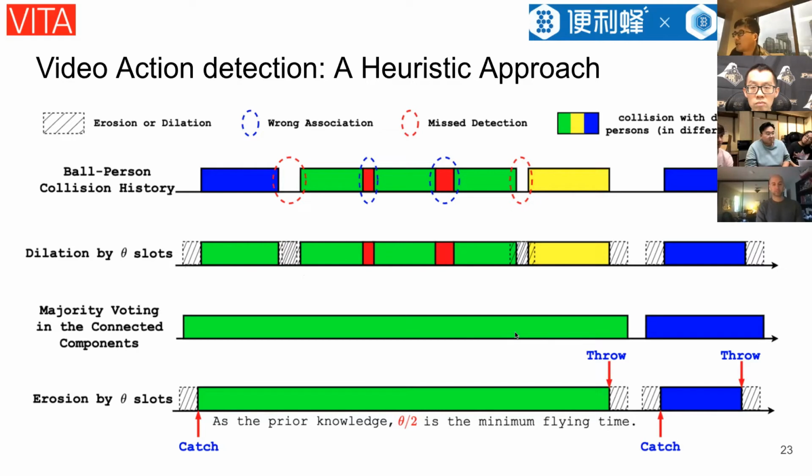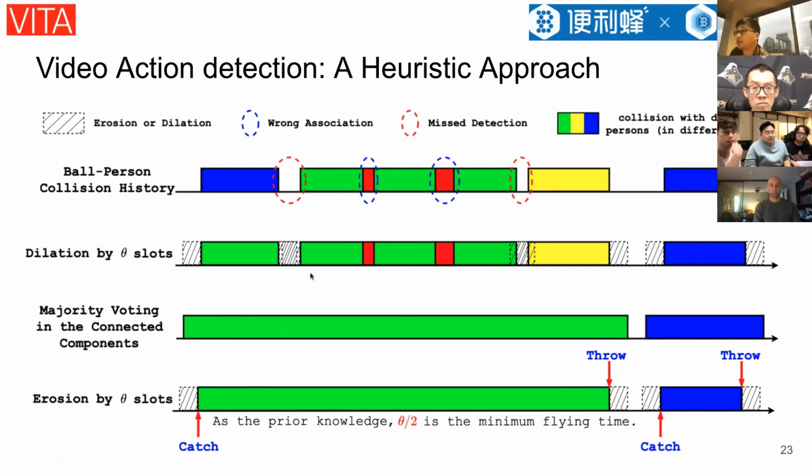After the dilation, those unconnected components become connected, and later on we apply majority voting. Such majority voting is able to overcome the association errors and the misdetection errors. And later on, we erode it back, because we want accurate times to describe the catch time and the throw time. Such action detection by erosion and dilation is able to give us a huge performance boost in